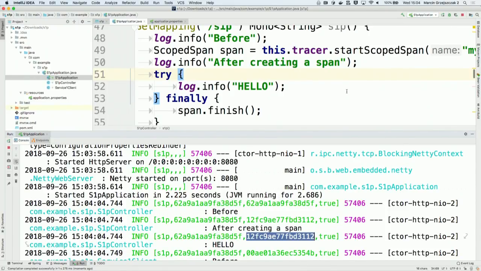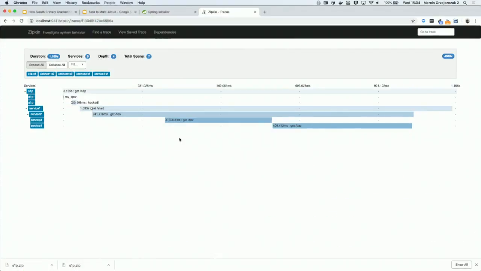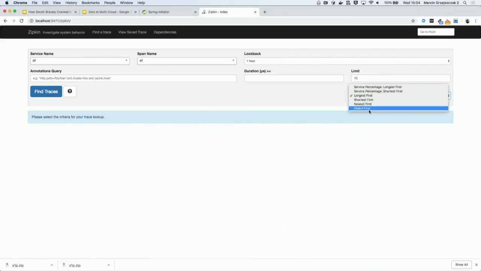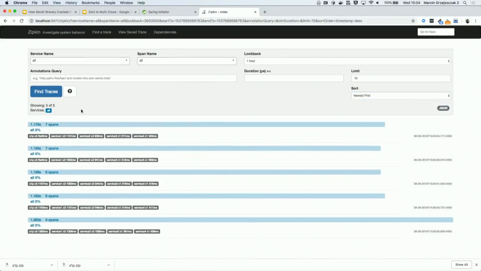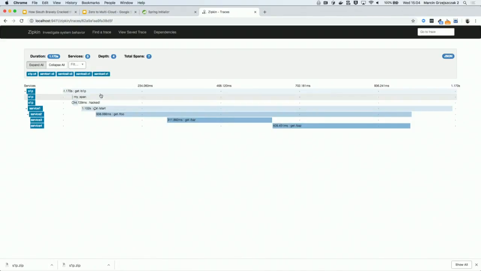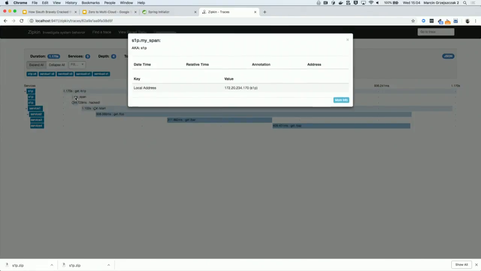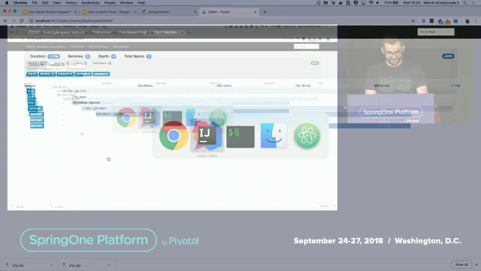But for you to understand how it works internally, now you can see that the span is there, and the duration should be less miserable. Let's check it out. Newest first. It's still miserable, but it works. Okay,